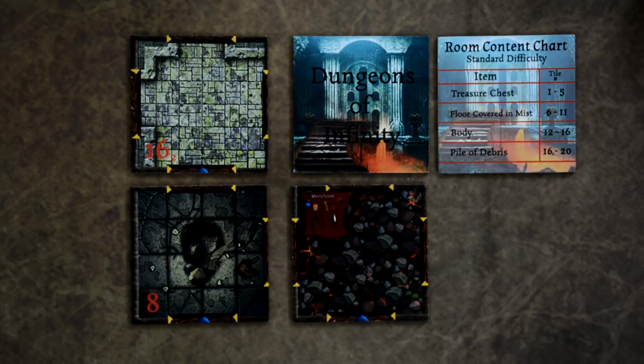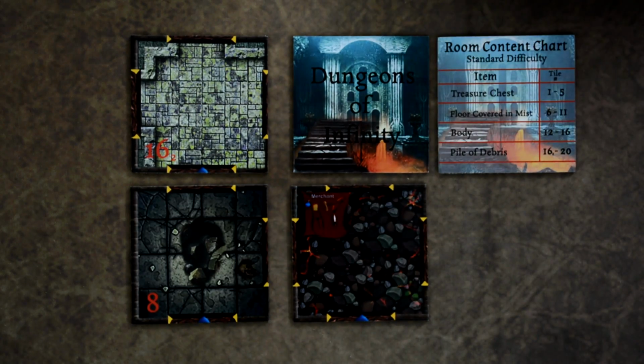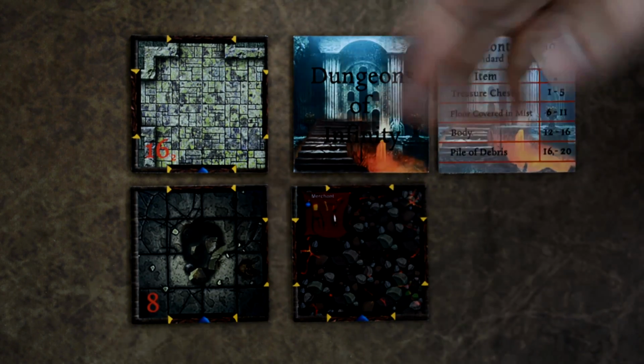Let's go ahead and take a closer look at the dungeon tiles now. And as I said before, this is not the final artwork. These tiles will look a lot better when the game is finally produced. So each dungeon tile is going to have different pieces of information on it. The starting tile is going to have a section for a merchant, which the players can go to buy items